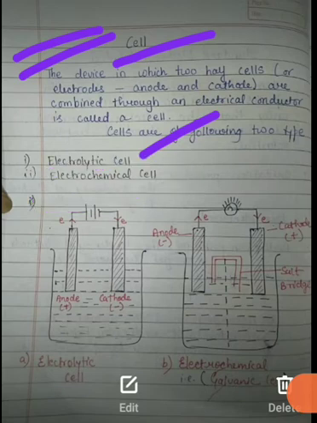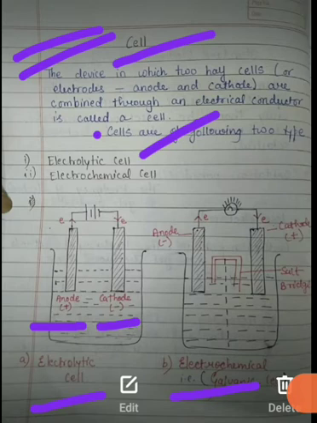Then we have seen the diagram of the two. Students, I will request you to look over the diagram and try to draw it on your own. Then you will understand all the phenomena clearly. Basically, where you have to pay attention: in an electrolytic cell, the anode is positive and the cathode is negative, and the signs are reversed in the case of a galvanic cell.